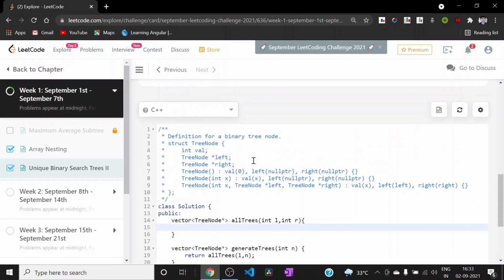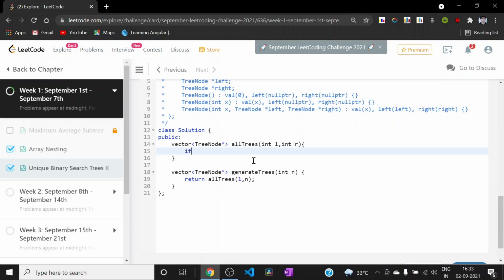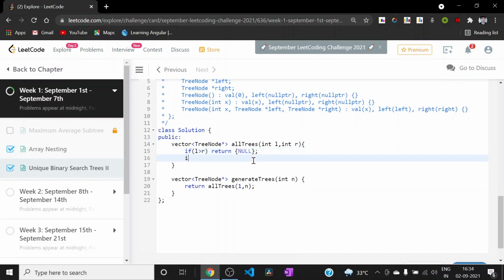First of all, I will be handling the base cases. So if l is greater than r, then we are only required to return a null pointer, so this will do it. And if l is equal to r, then we are only required to return a node having value l.